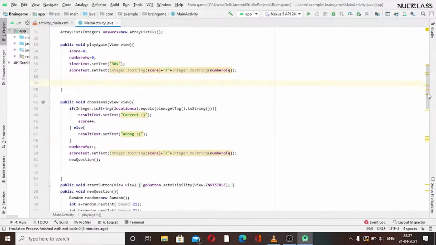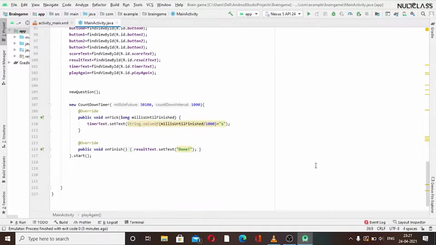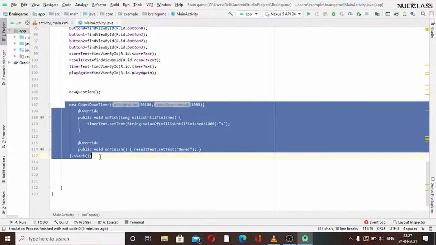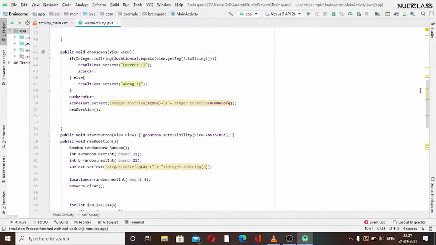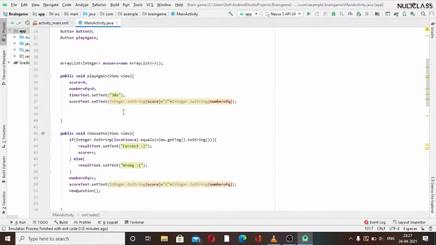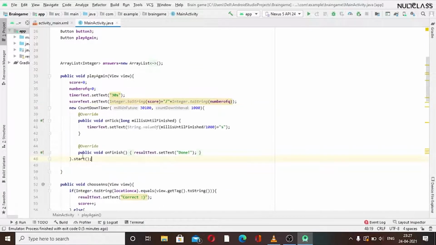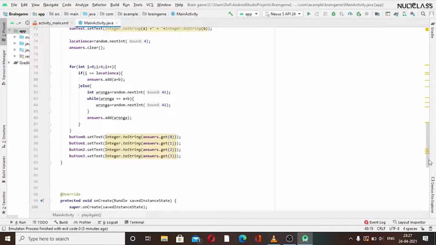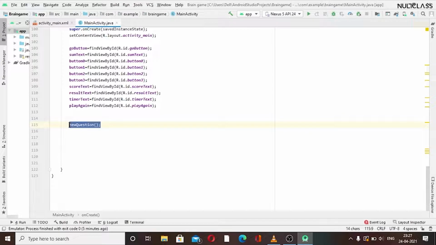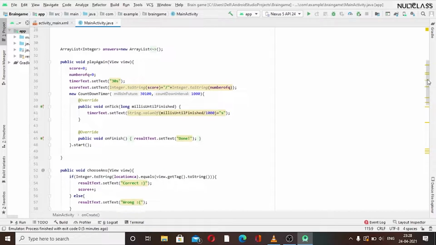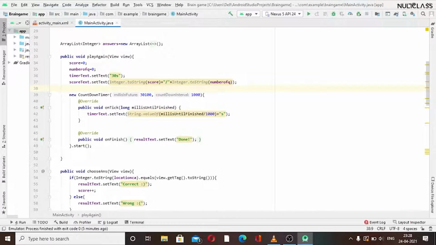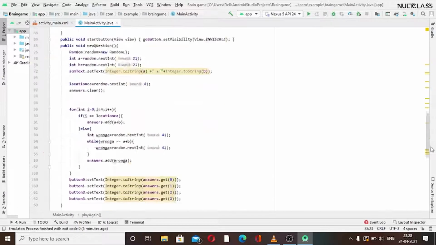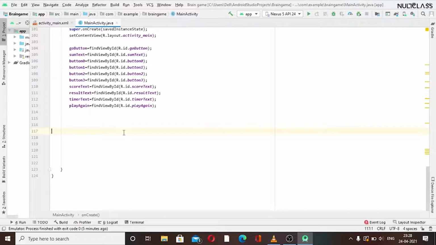Okay, and the other thing we want is our timer. Instead of writing the code again, we will just cut this code from here and paste it in that, because then we can use our playAgain method downwards, so we don't have to write that code again and again. So we have implemented that. Also I think we can generate our question in that only, so we will directly use the playAgain method downwards. We can use our new question method here. In between that we'll paste it and call the playAgain method downward, so that all the things will be implemented.